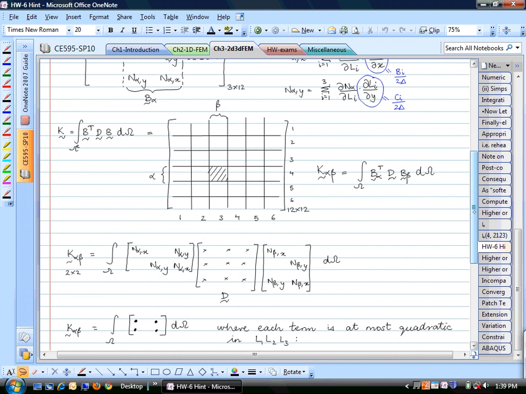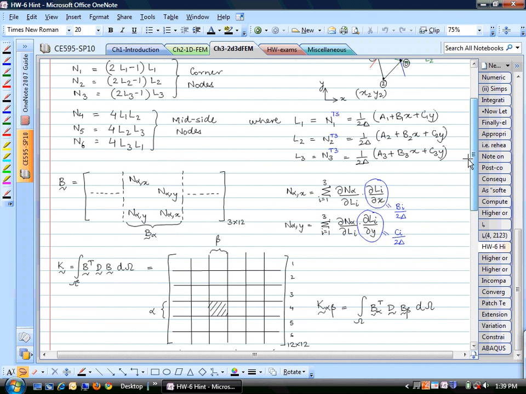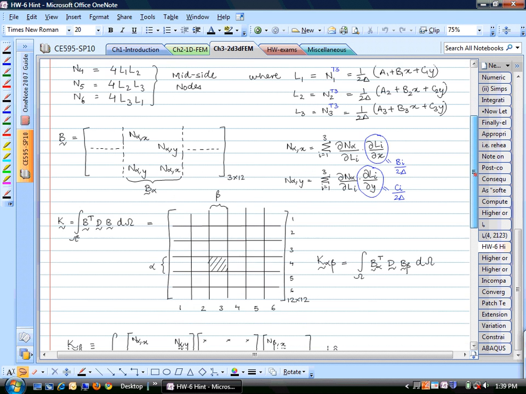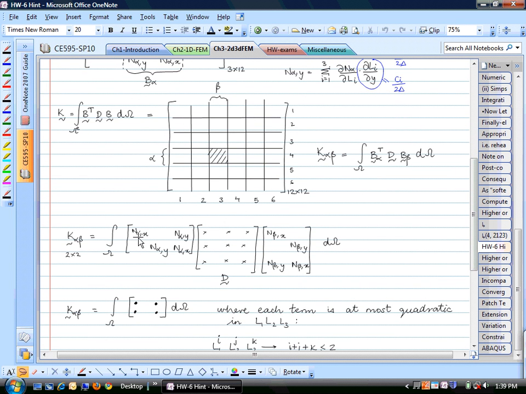What you can do is, you already know what N1 is in terms of L1. You take the derivative of this with respect to L1, you will have 2L minus 1. And similarly, what you are essentially trying to calculate is the types of products that you will have. So N alpha comma x multiplied with maybe N beta comma x or y. Those are the permutations and combinations of all the different types of products that you will have in this